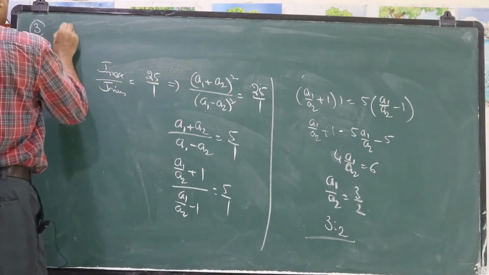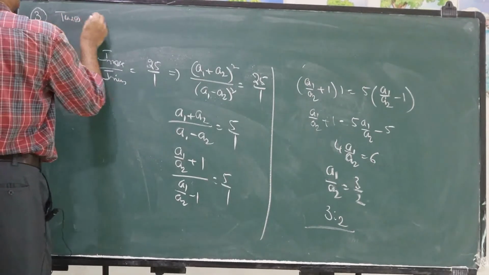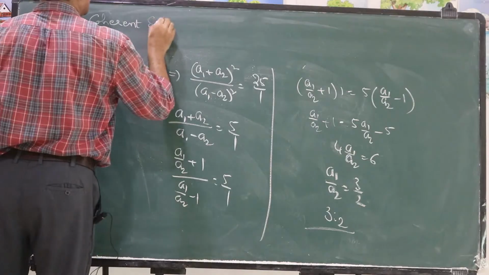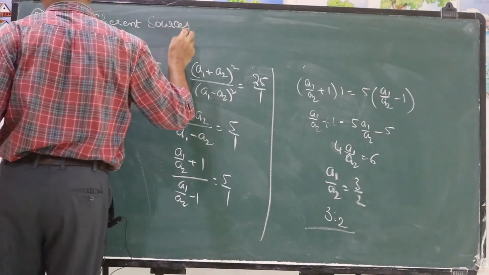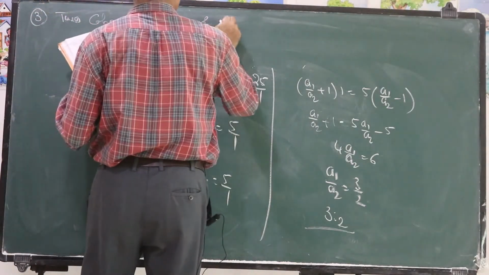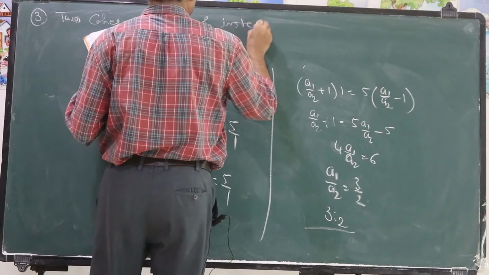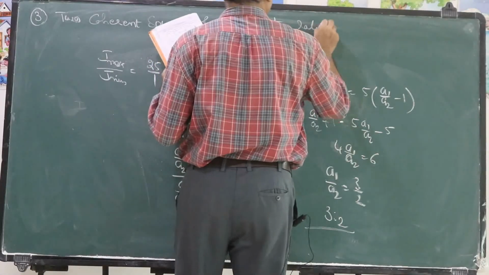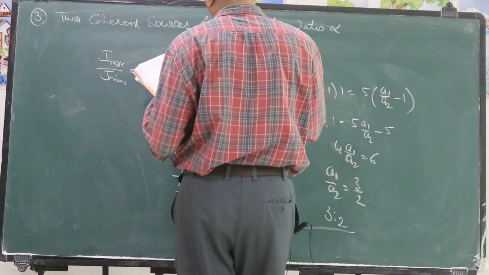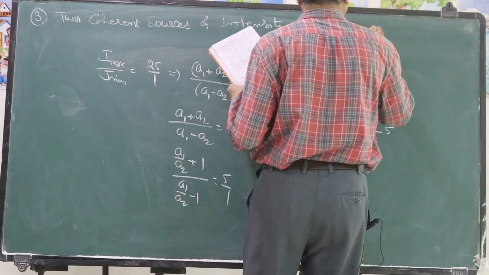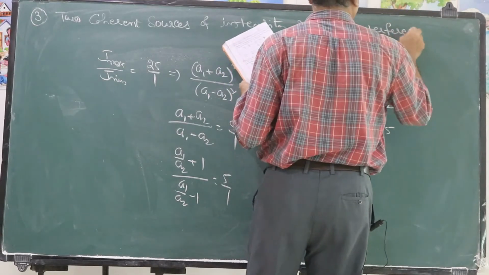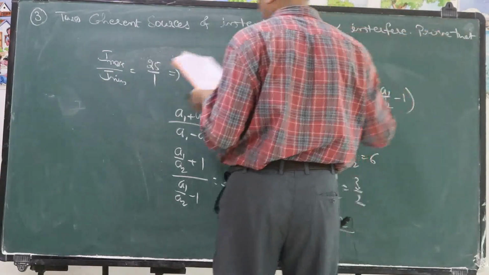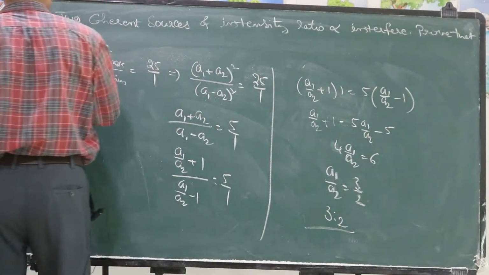Two coherent sources of intensity ratio alpha interfere. Prove that in the interference pattern